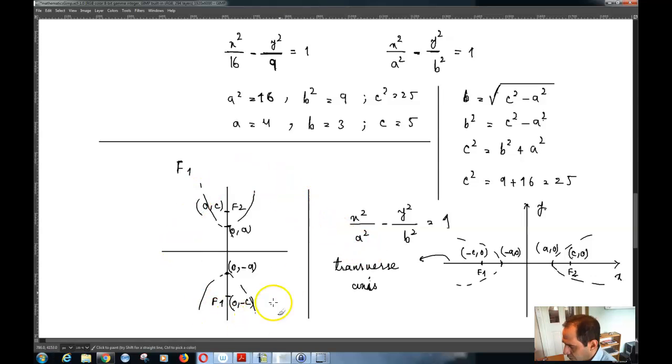And when in this orientation, the equation of your hyperbola becomes y squared by a squared minus x squared by b squared is equal to 1. So if you can remember these two cases, and for me personally, it's usually not possible to remember something in